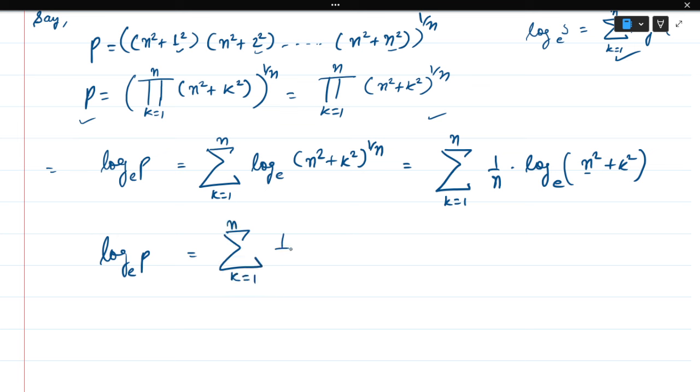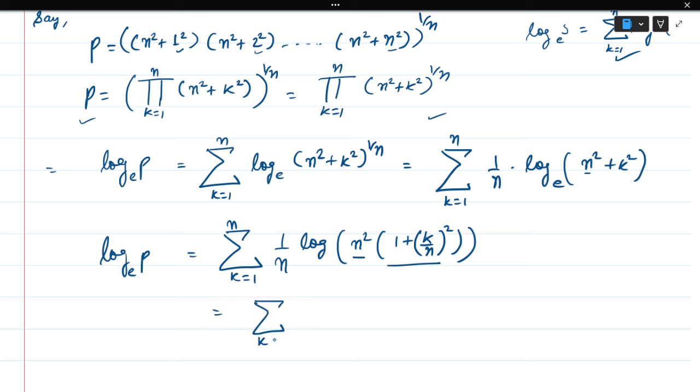Now it can be written as 1 by n log n square times 1 plus k by n whole square, right? Now further one can apply log of m into n, so it can be further broken into summation k equal to 1 to n of 1 by n log n square plus 1 by n log 1 plus k by n whole square,